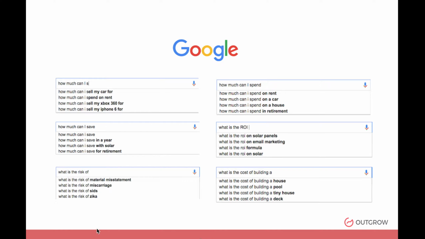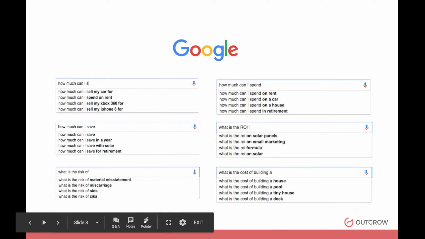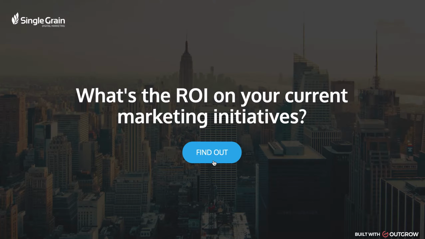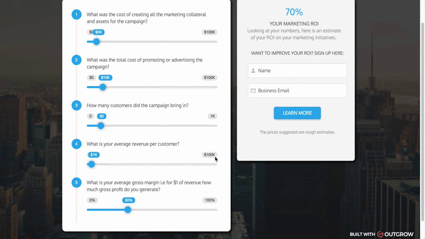interactive tool that actually gives them the cost or the ROI or the savings, as opposed to a more generic piece of content that tries to cover the generic use case of solar panels. So if we take an example here, what is the ROI on your marketing initiatives? We can say, well, okay, if you're generating, let's say, 246 customers and your average revenue per customer, let's say, is 18.5, you can say, okay, that my ROI is